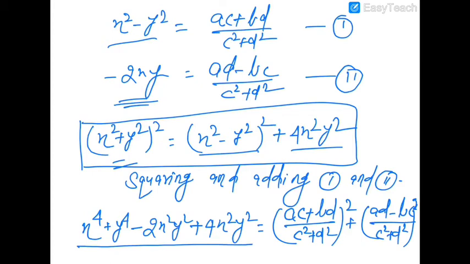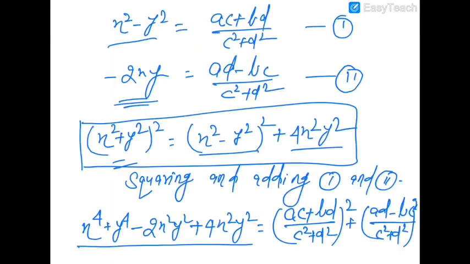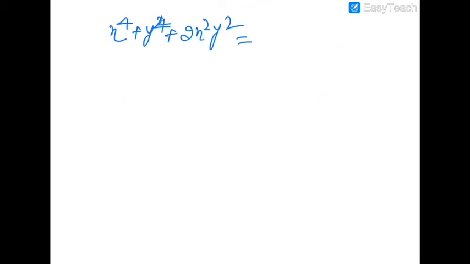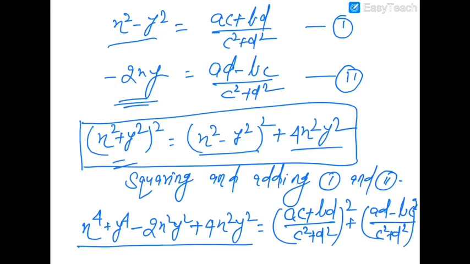Now what is written here? See this whole thing: x^4 + y^4 + 2x²y². So now we will write it as x^4 + y^4 + 2x²y² is equal to, here we can see (C² + D²) whole square is in the denominator, and the numerator is written like this. So we'll write (C² + D²)² together, because both places have the same thing, both are whole square, so they can be written once.